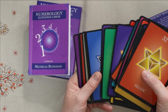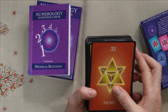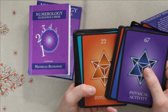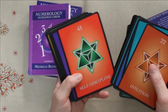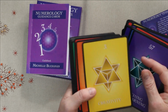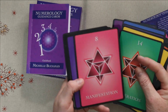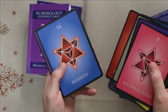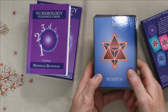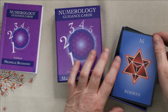So these are cards that I don't use enough of. I used to use them all the time as a secondary deck years ago when I was doing card readings. I used to love to be able to put the energy of the number into a reading and really see where that took me. But I don't tend to use them much these days. And I'm not really sure why. I think it's just because I've got so many decks. They don't pull me in as often as really they could. So maybe that's something that needs to change, but definitely a lovely deck